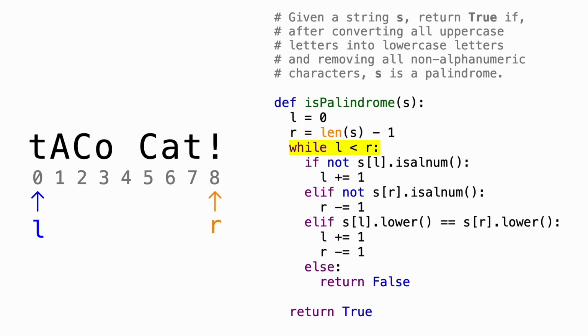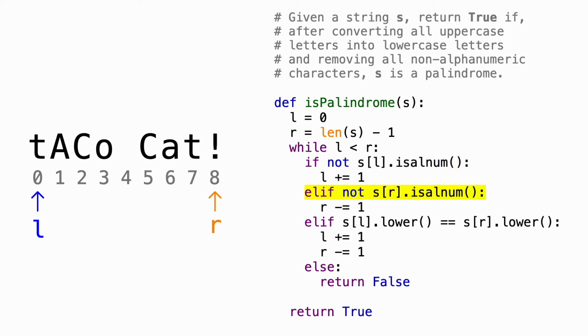Finally, if all those conditions were false, in other words, if both characters were alphanumeric but they did not equal each other, then that means that the string is not a palindrome, so we'll just return false immediately. So now let's check if the character at index L is alphanumeric. The character is a lowercase t, which is alphanumeric, so this condition is false, and we'll move on to the